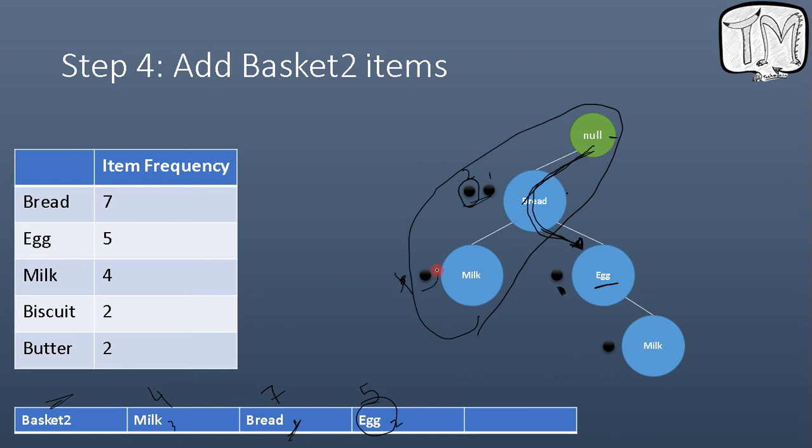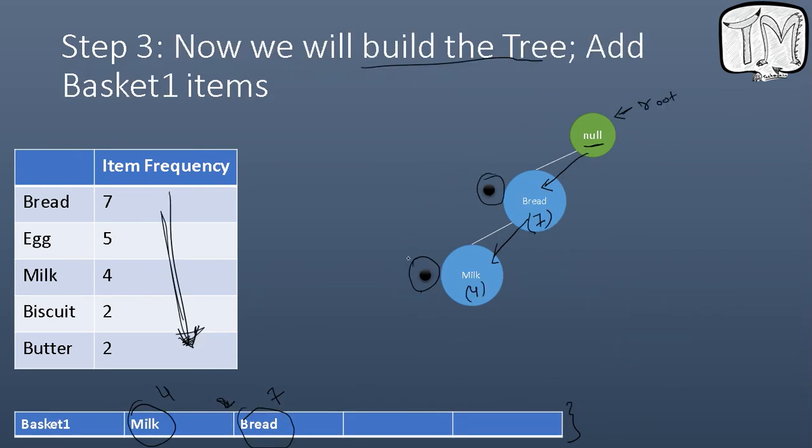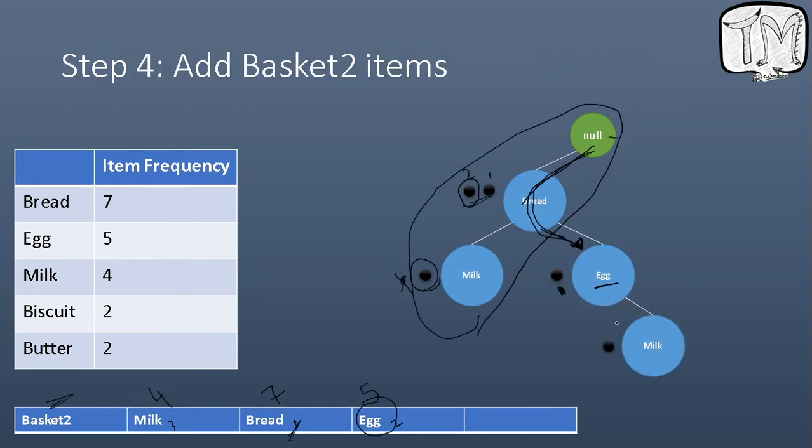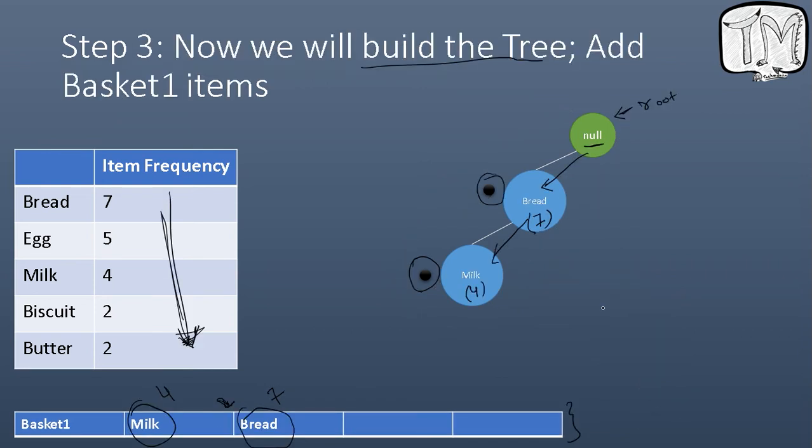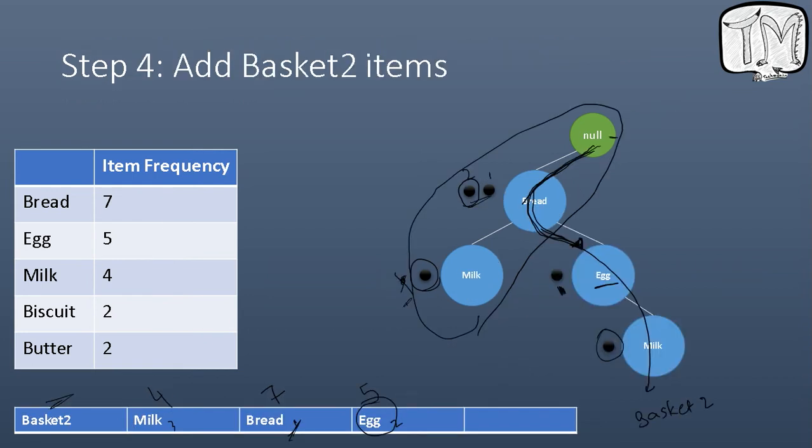Okay, and as you can see here, first dot for milk was inserted here, as you can see in step 3, in which we were adding basket 1. Okay, but we are not adding another dot here, but here only against the new node of milk which was created. Okay, so as you can see, this chain is for basket 2, and similarly this was for basket 1. Okay, because it contains only those items which were bought in basket 1, and this branch here contains all the items which were bought in basket 2.